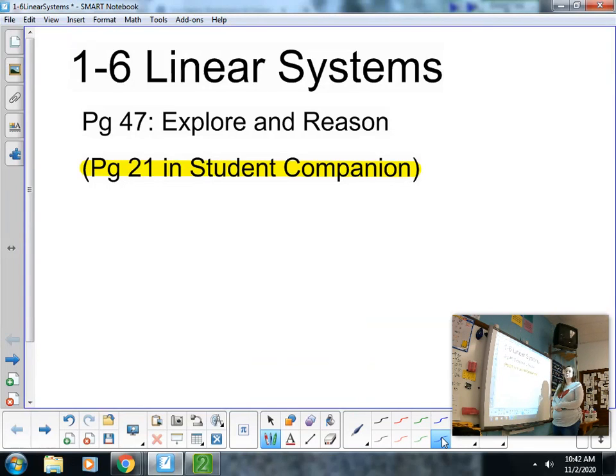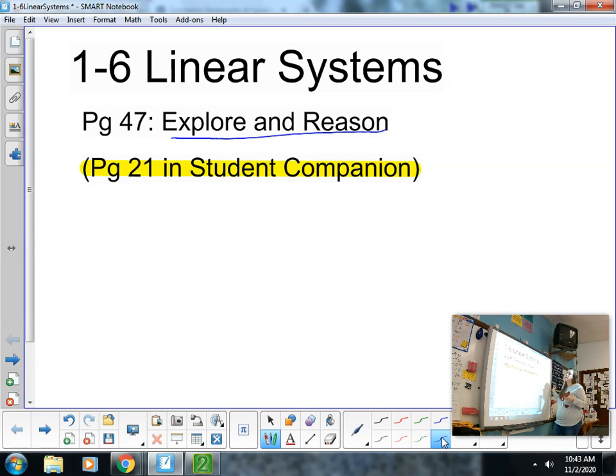So these are your video notes for 1-6 linear systems. And you'll see there are a few examples I'm going to skip along the way, so just don't worry about those. They're not things that I'm really concerned about at the moment. Page 21 in the Student Companion, that's a workbook that I've given to my students who are present in school and are not virtual. This is the same thing that you completed in Savas Online, so it is actually the